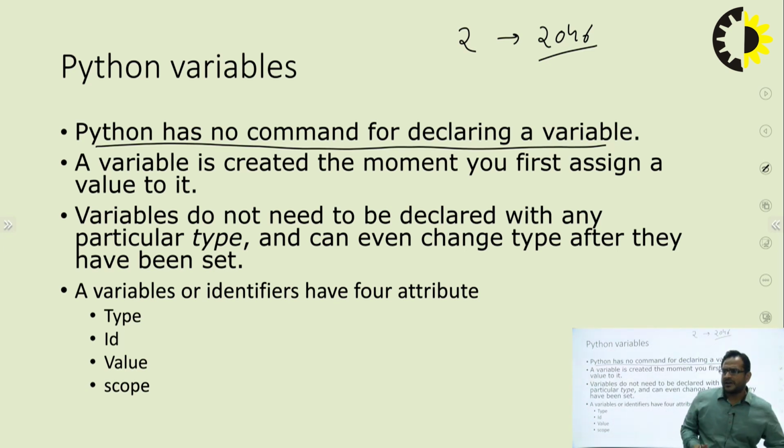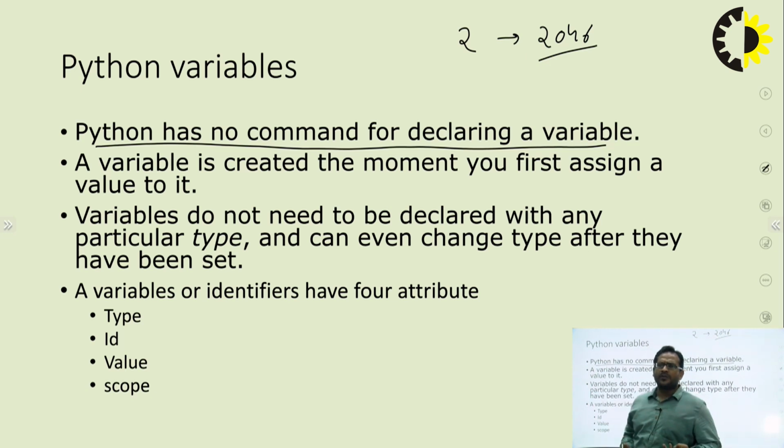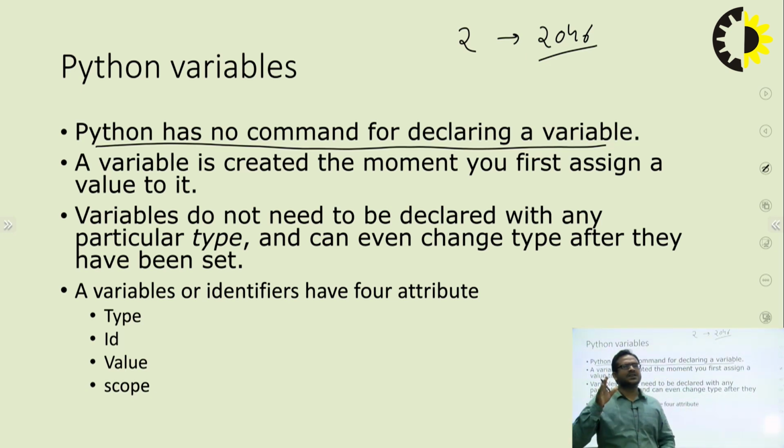Like the other programming languages, there are basically 2 types of language. First is loosely typed, second is tightly typed language, right? Tightly typed language means they have data types, they have a particular command. If you want to declare any variable, you should declare that the particular variable stores that kind